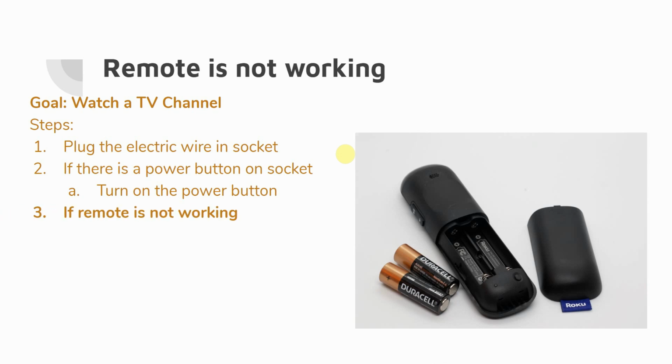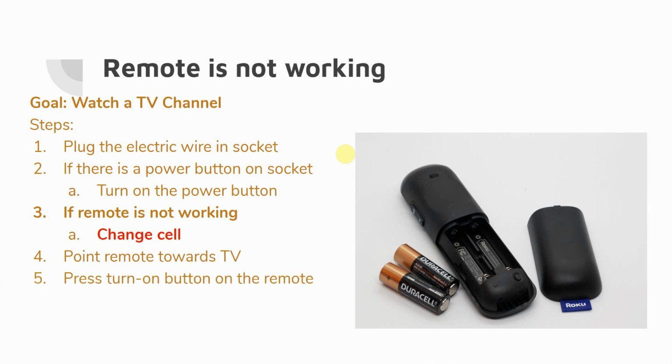Okay, if the remote is not working, now we are adding an if condition: if the remote is not working, change the cell. That could be one possible solution, right? Then we change the cell, we point the remote towards the TV, press the turn on button on the remote and watch